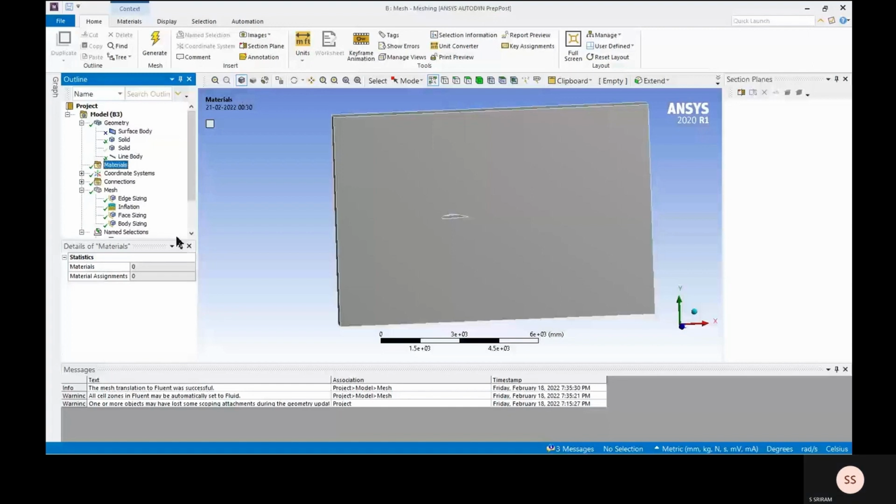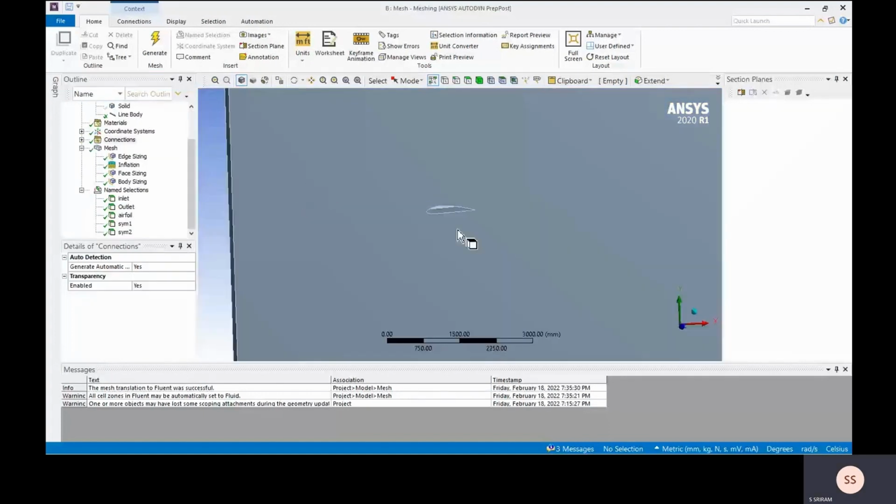Another thing is meshing. Meshing is an important part because in the student version, we have a limitation on the number of nodes that we can use. So it is important that we use more nodes on the areas where we want them, and not just use more nodes on the entire geometry. So here what we have done is